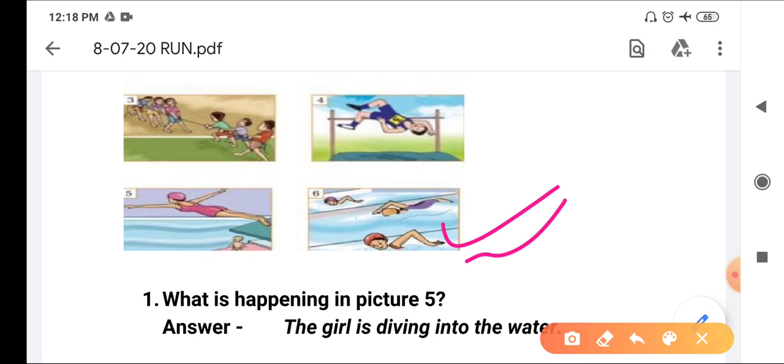So my dear students, in this way we have completed this class, and you all are requested to complete your homework and submit it to me on time, and give your attendance daily. If any student is absent continuously for 3 days, then I will submit that particular student's name to principal sir, and principal sir will take action accordingly. So it is compulsory that you submit your work and give attendance regularly.